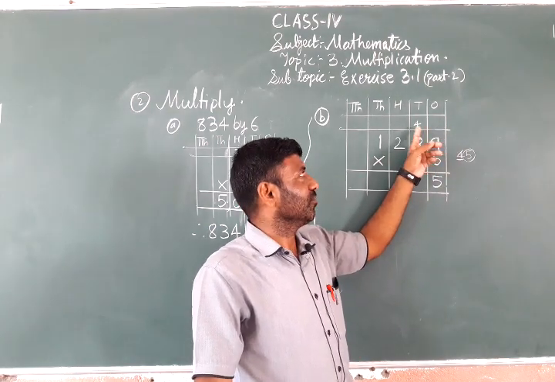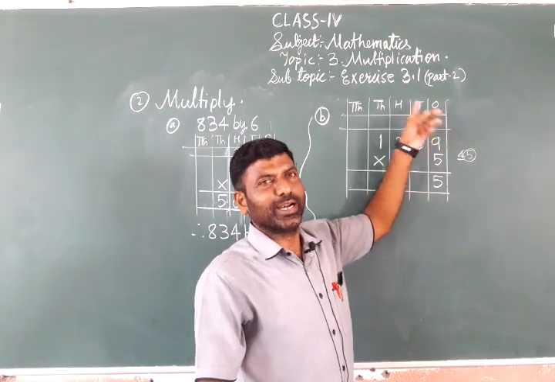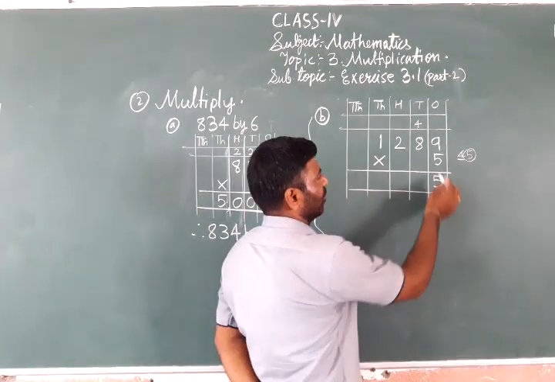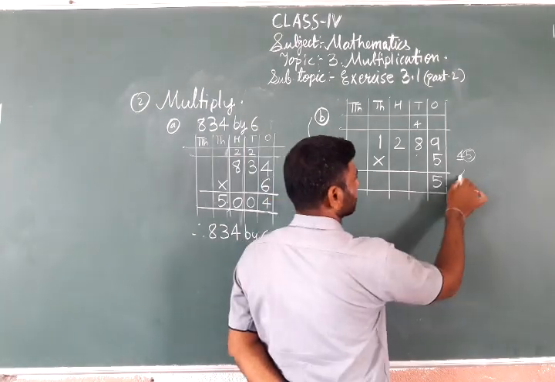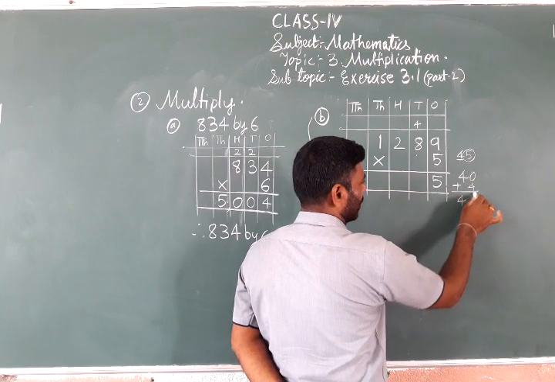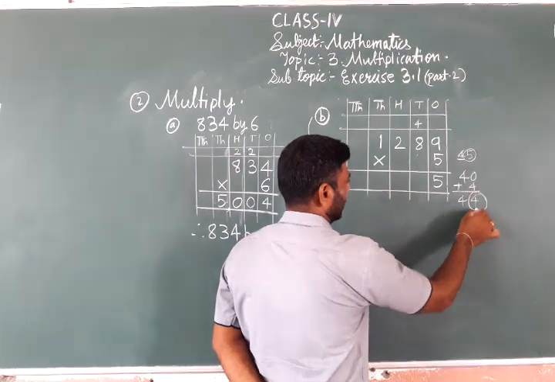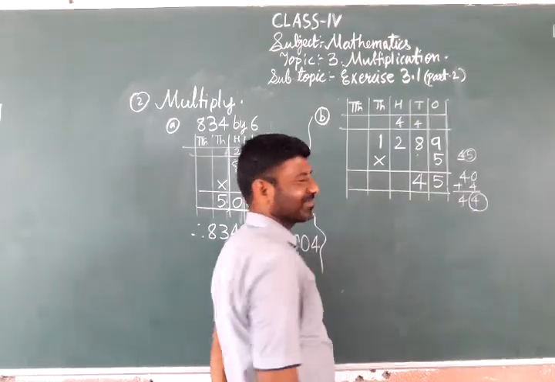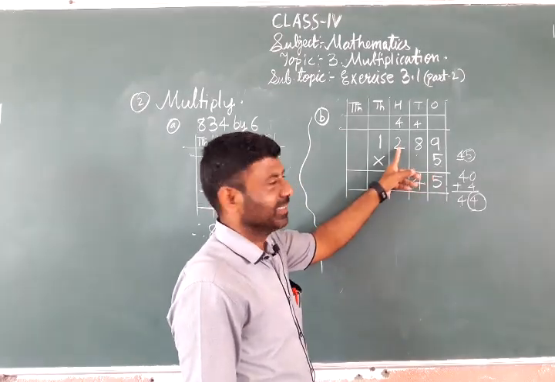Now the place value of 4 is 40 because 4 is in tens place, so 4 multiplied by 10 is equal to 40. Understand? Okay. Now 5 8s or 8 5s are 40. So 40 plus this 4 carry. 40 plus 4, 44. So 44, 4 here, this 4 carry. Understand? Now next hundreds digit.